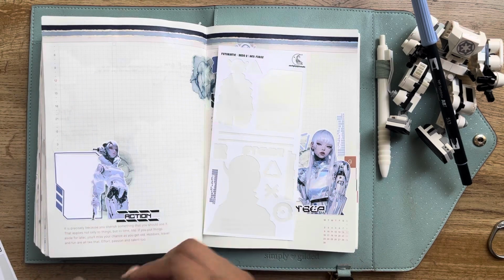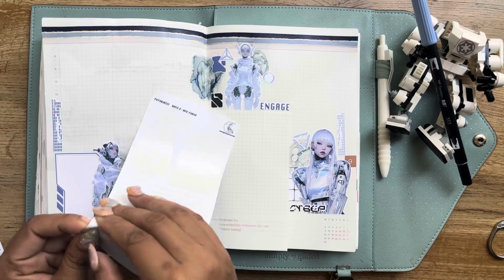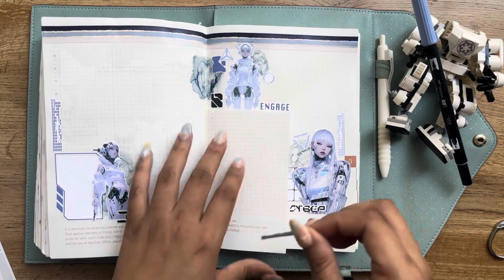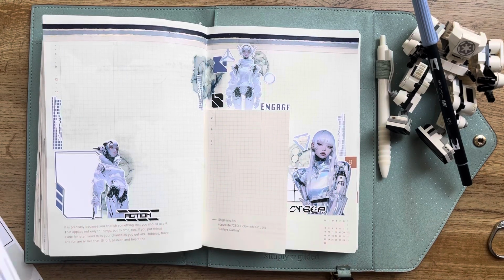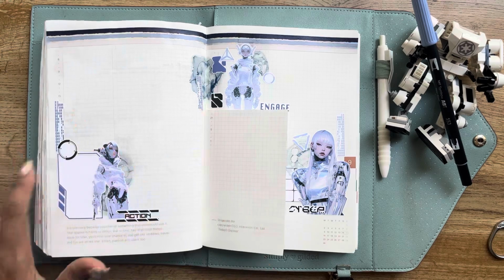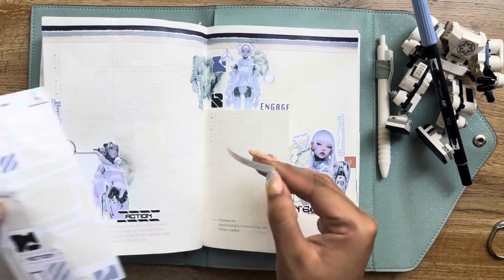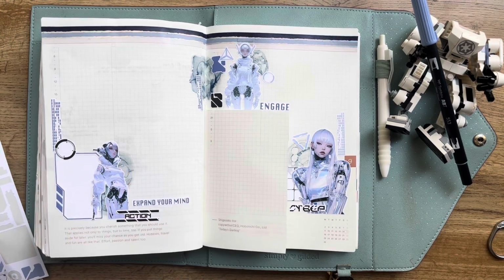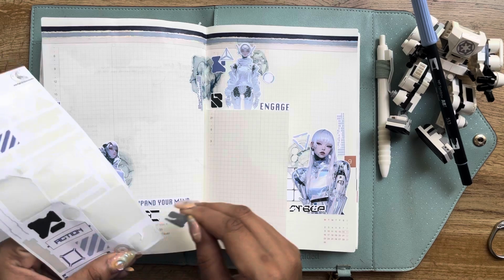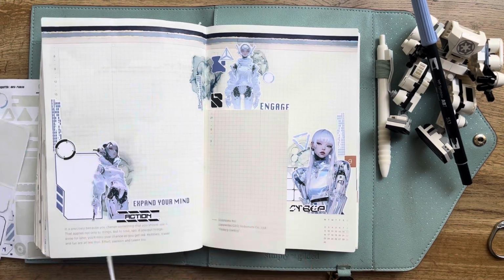Y'all, can we take a break from the spread and can I yap for a little bit here? You guys know that I love to yap. Okay, so this is a robot spread or whatever, and I just watched this movie with a robot in it, so this is making me think about it. But it's called Passengers with Jennifer Lawrence. Have you guys ever seen that movie? I just watched it. It is old, so I don't think I would be spoiling it, but I'm still going to try not to spoil it. But I will say,